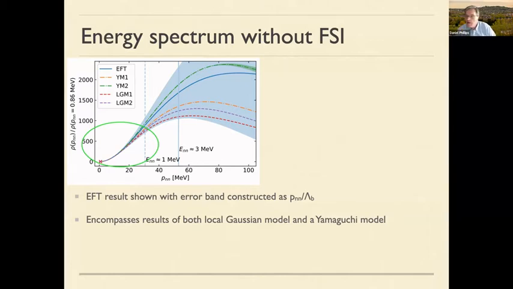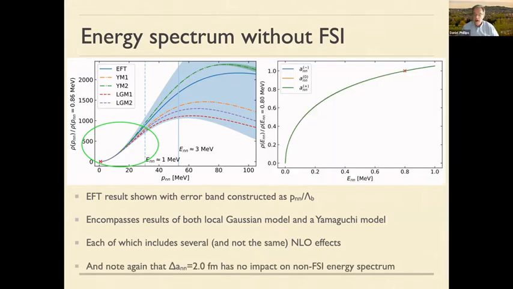The other lines on here are different models for helium-6. One is a local Gaussian model done using the Boris code. And the other one is a Yamaguchi model, which is also solved in this momentum space type way, but where the interactions have finite range and in some cases higher partial waves too. So the point here is that all of those lines on the curve include a selection of NLO effects, but they're not even the same NLO effects. Some of them have higher partial waves, some of them don't, some of them have unitarity pieces in the P wave, some of them don't, and they all fall within the error estimation of the EFT.